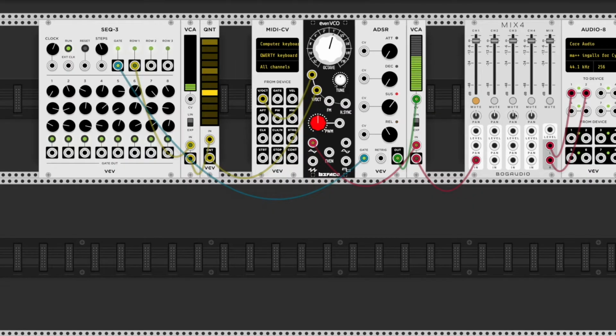All right, so in this patch I've got a sequencer that's playing a regular sequence. Row 1 is running through the VCA here, which is being scaled down significantly. Then we're running that through a quantizer, which is quantizing it to a major triad. So we get this Alberti bass kind of pattern. And then that's running into my Even VCO, which goes through an envelope and a VCA, and then out my mixer. I also have my keyboard going into the other volts per octave input of this oscillator, so that whenever this pattern plays and I change keys on my keyboard,